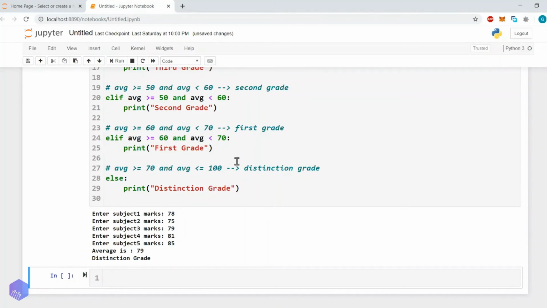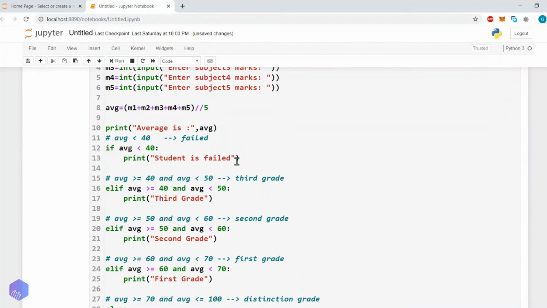Now here what is the problem? If the user enters any mark less than 40, then that student will be considered failed. So how to check that condition? For that we will use the nested if.